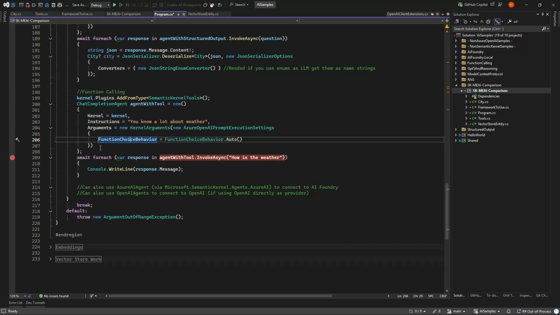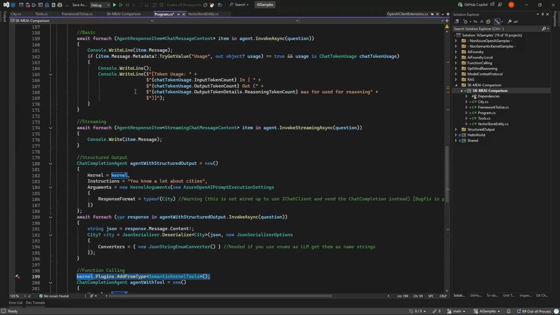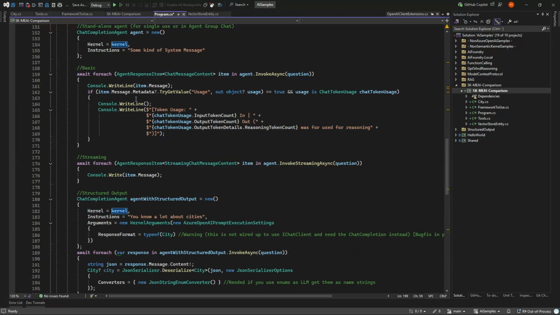So a bit more work to set them up, but there's much more control. You can just put all your plugins on here, and then you can say this agent has access to these, this agent has access to these. There's interceptors for function calling where you can actually get, it's about to call this function. Do you allow that based on some audit, based on security and so on, which you can't do in Extensions AI.